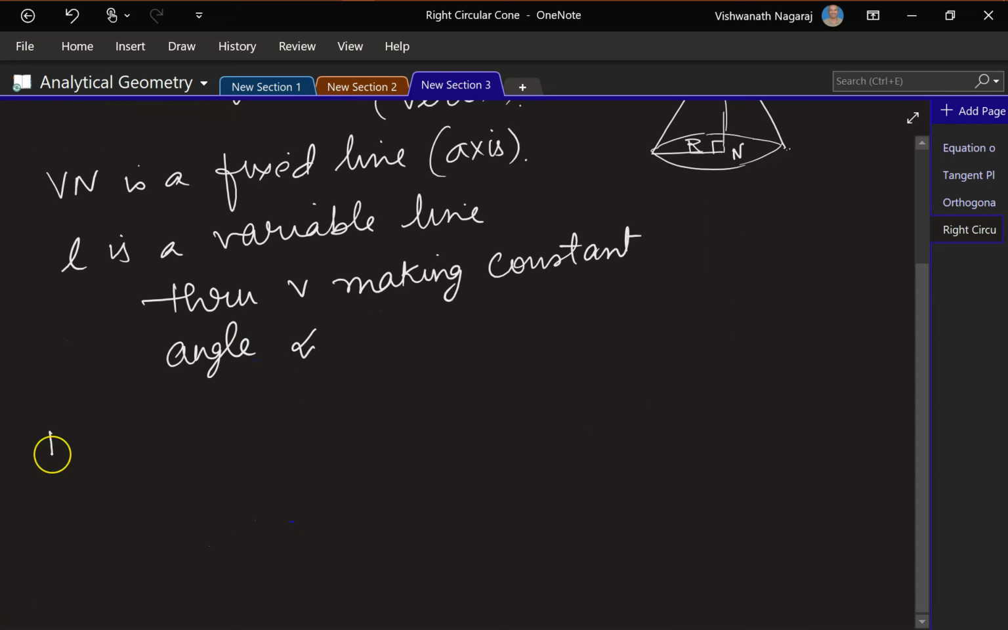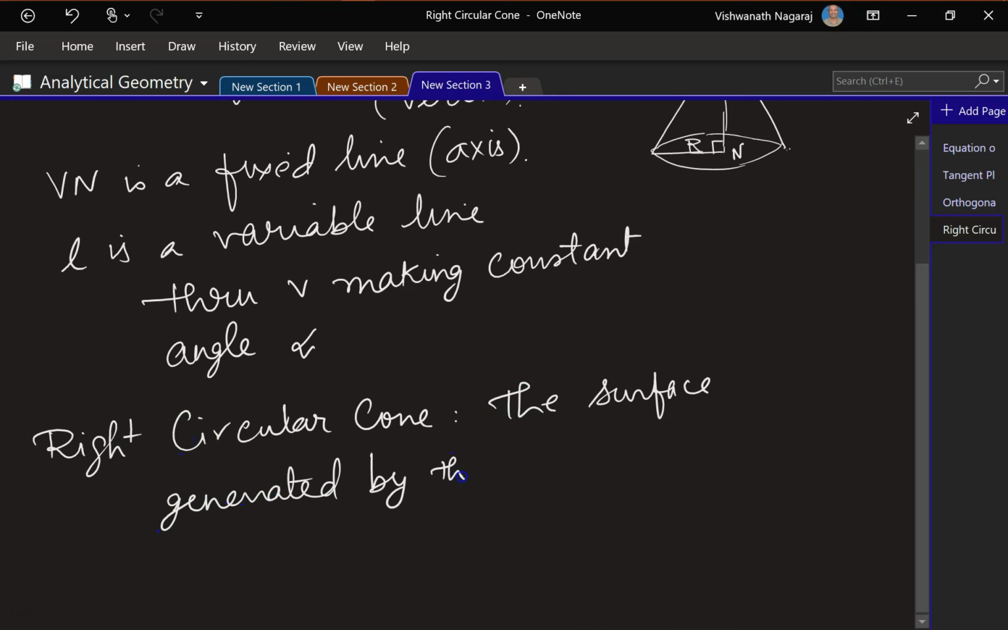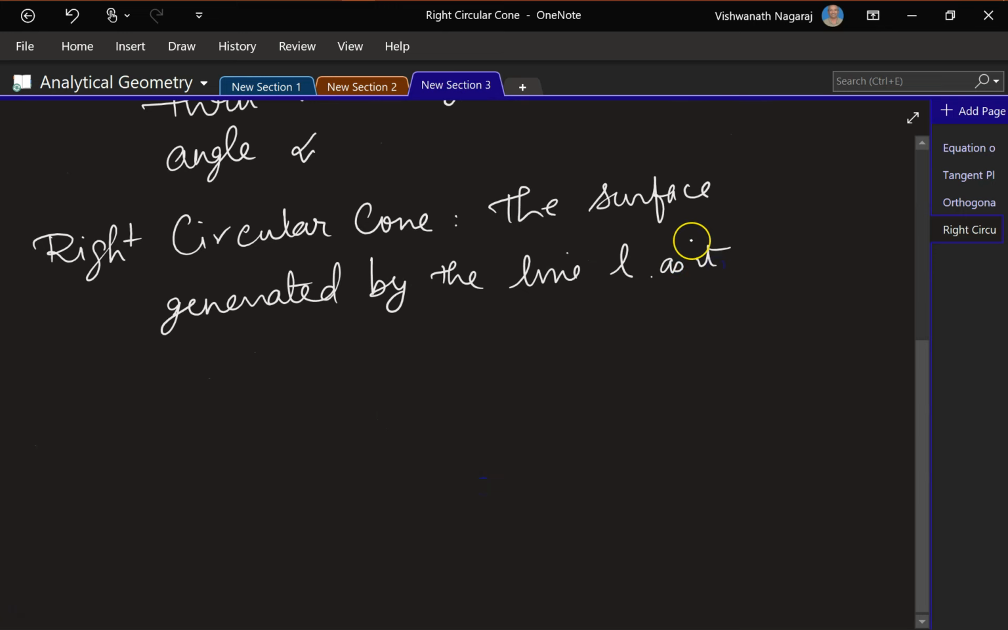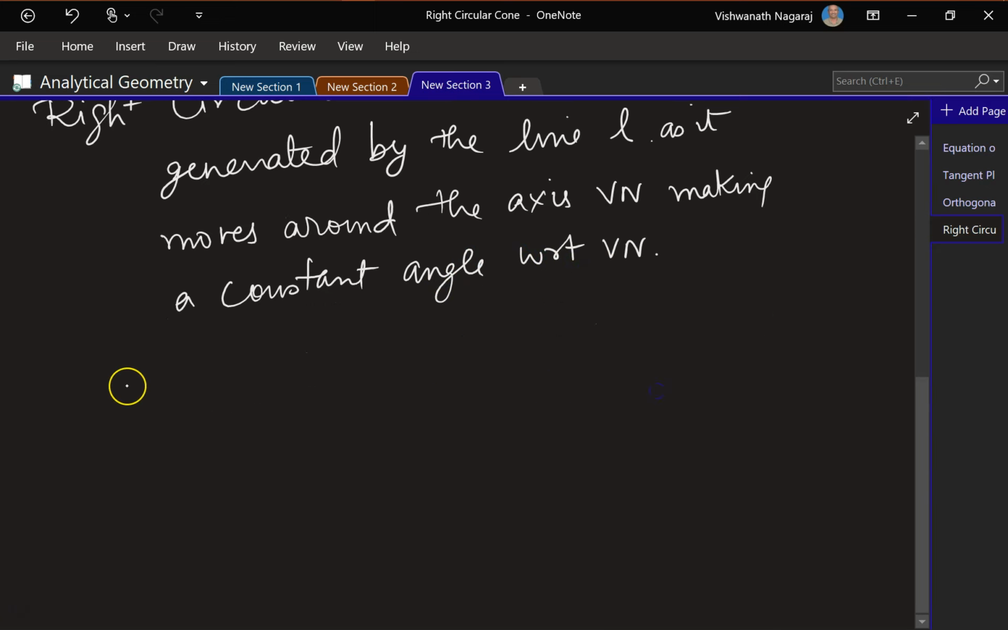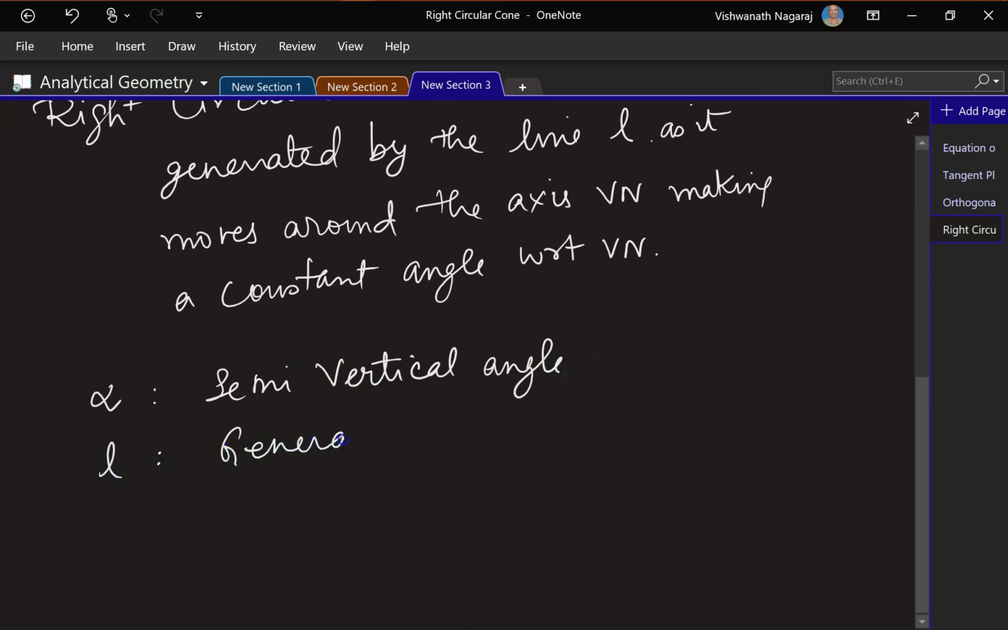that is alpha. Now, a right circular cone would be the surface generated by the line L as it moves around the axis Vn, making a constant angle with respect to Vn. So here alpha is called the semi-vertical angle of the cone. L is called the generator of the